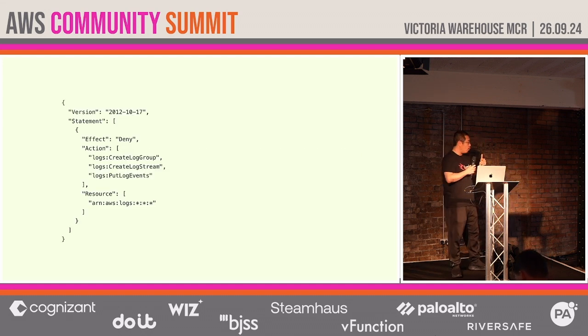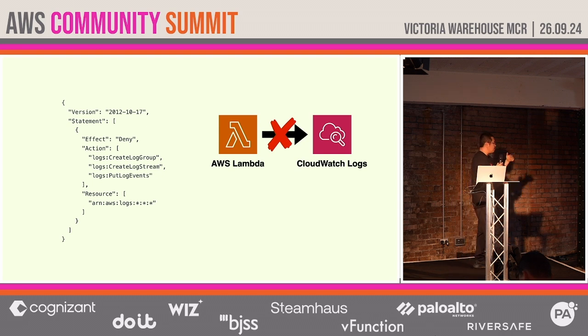At this point, you also want to add this little blob to your IAM permissions for the Lambda function so that it doesn't have any permissions to write to CloudWatch logs. There's no off button that you can say, Lambda, please stop writing any of your logs to CloudWatch. So this is kind of how you do that, because you're using Lambda extensions to ship your logs to that